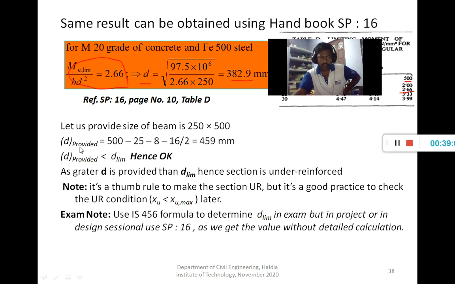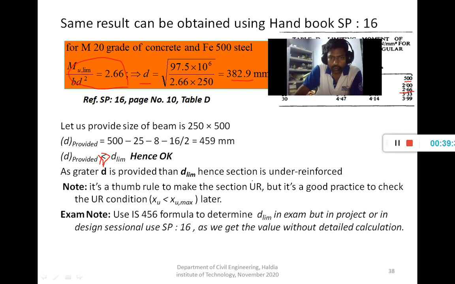So now D provided is greater than D limiting. Hence, as a greater D is provided than D limiting, the section is under reinforced.